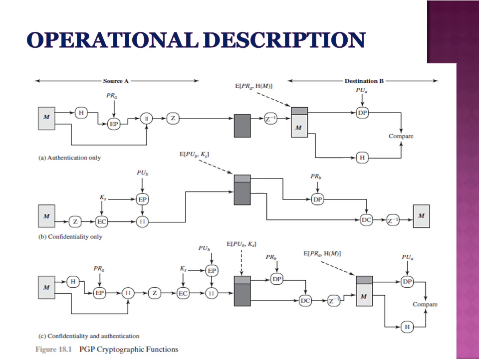Now moving on to the receiver's side, or the destination B. The receiver uses RSA with the sender's public key, which is PUa, to decrypt and recover the hash code, which is H. The receiver also generates a new hash code for the message M and then compares it with the decrypted hash code. If the two match, then the message is accepted as authentic, which means that it has not been altered in the course of its transmission. So this was about the implementation of the authentication function.